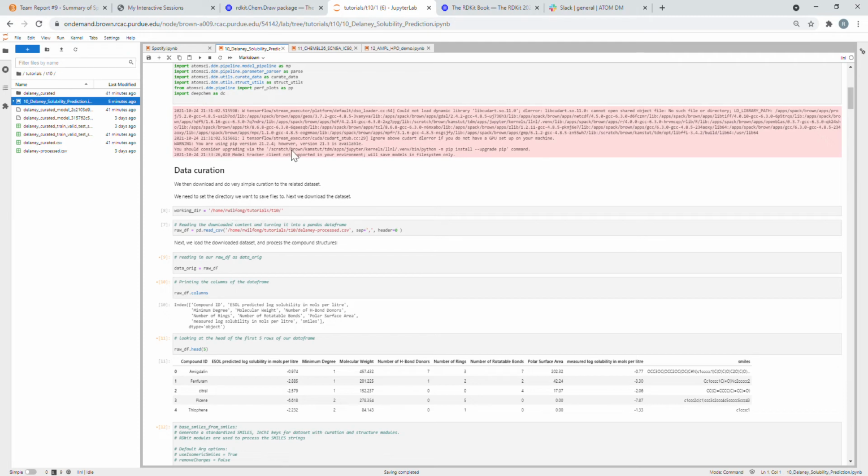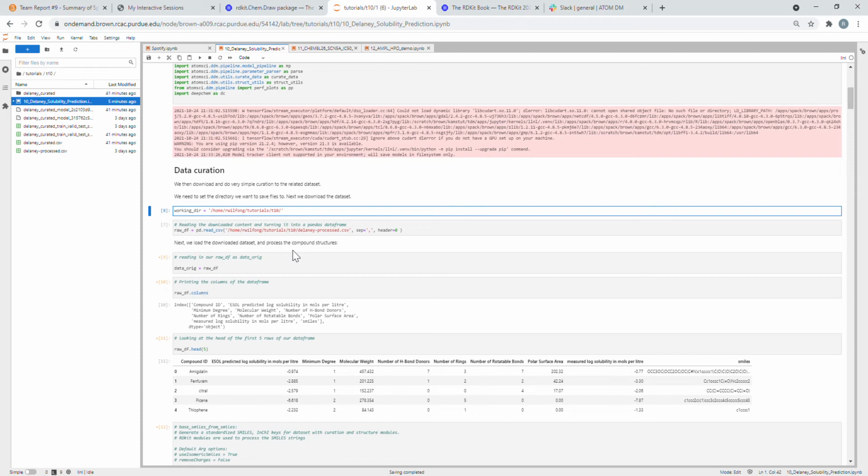If you don't know what your Purdue username is, if you hover your mouse over this little file folder to the left, it'll say what your home directory is. So mine says /home/ Wilfong. And then you'll follow the ending of the working directory with this /, and that's just to indicate that it'll be like a file within this file. So I have a tutorials file, and then I have a file for tutorial 10,